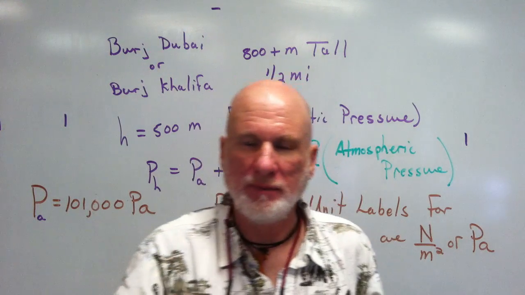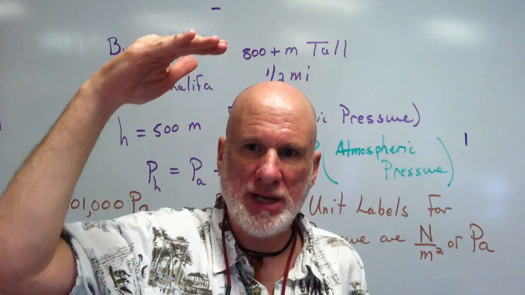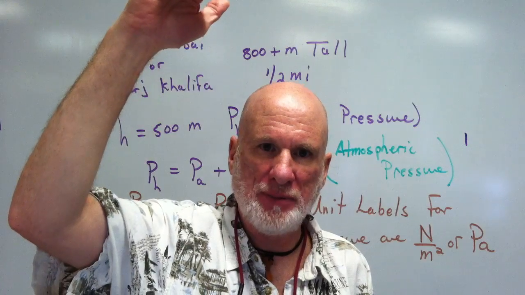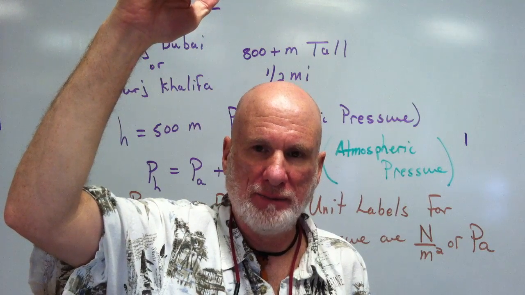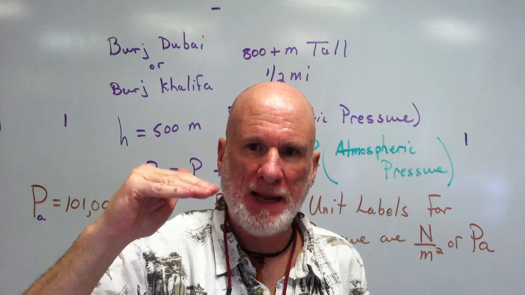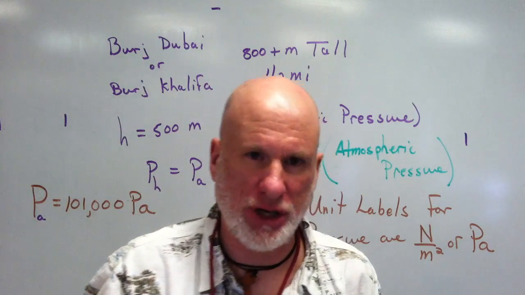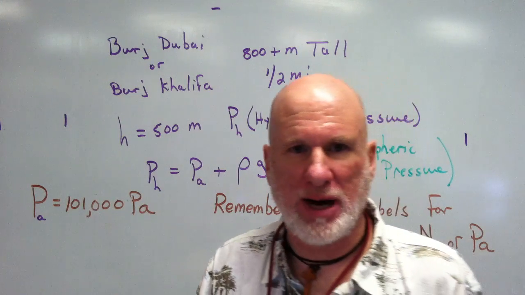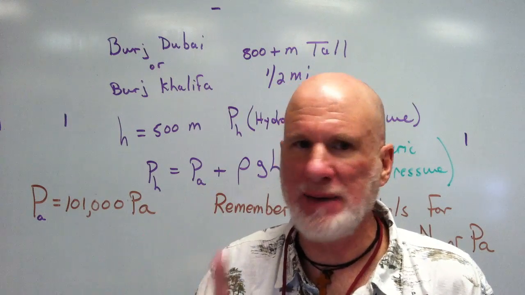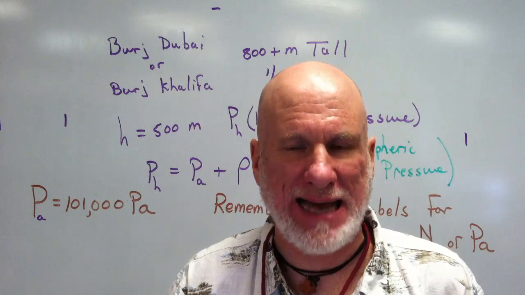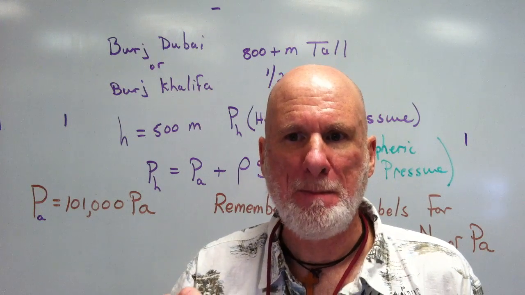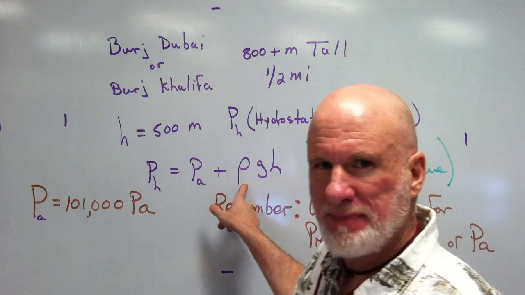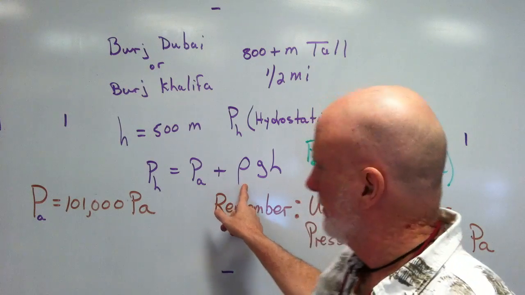So not only is it under pressure to pump the water up 500 meters up the building, but it also has the atmospheric pressure on top of it too. P sub A is atmospheric pressure. P sub A, not PA. PA is pascals. P sub A is atmospheric pressure, plus that's the pressure of the fluid is going to equal